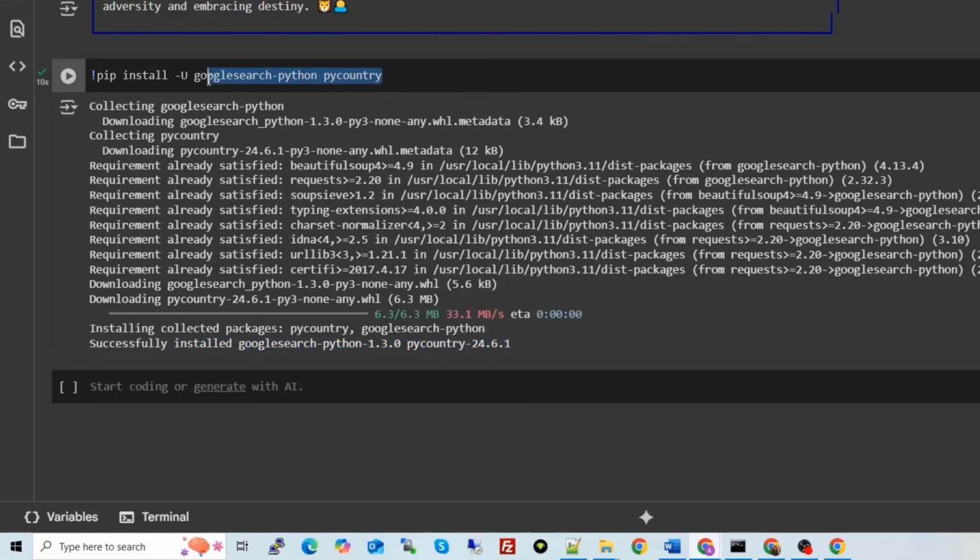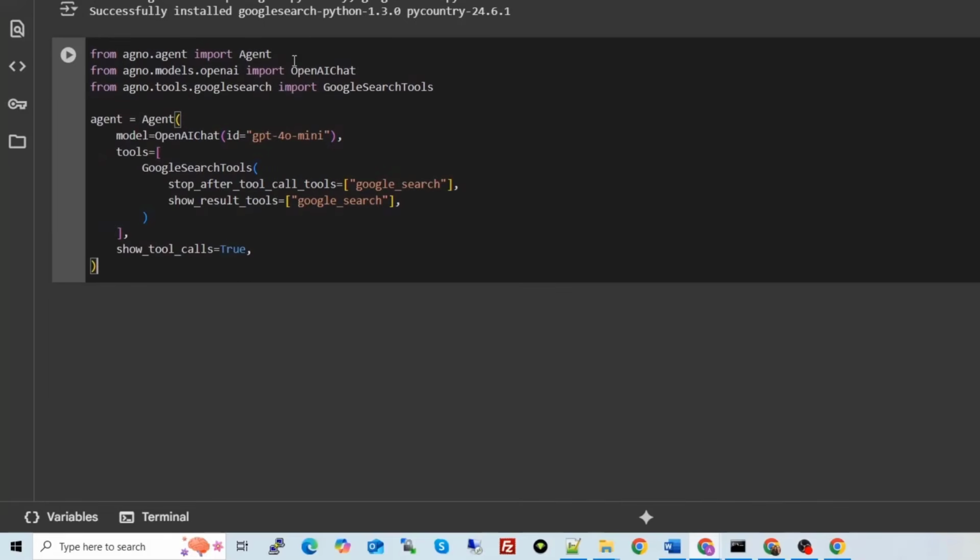Now we will import this Google search tool and use it. Here in this cell, first I'm importing Agent. Why are we importing Agent? Because we will create an agent, and inside that agent we will use the tool. This is how you create an agent. After that, this line means every agent will use one LLM. Which LLM do we want to use? OpenAI's LLM, so that's why we imported this package. And this third line means we want to use this predefined tool, which is available in this package. So we are importing this tool, right?